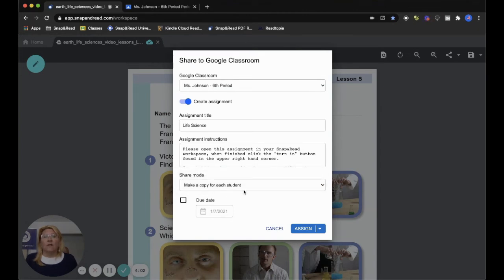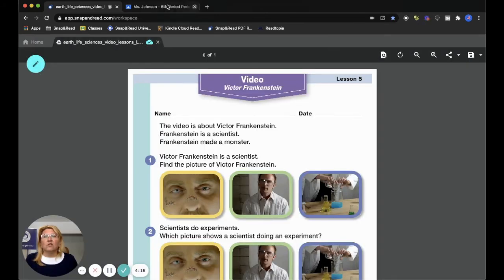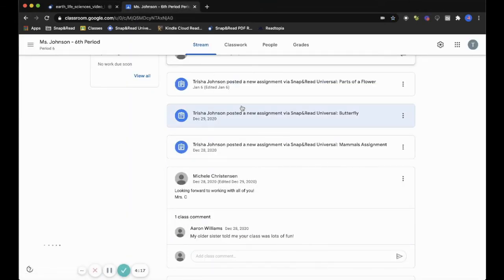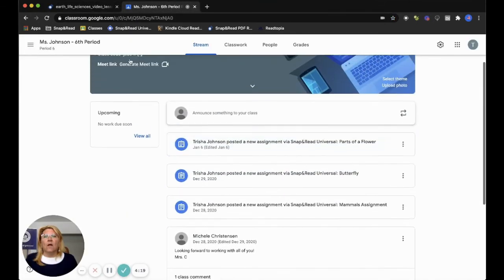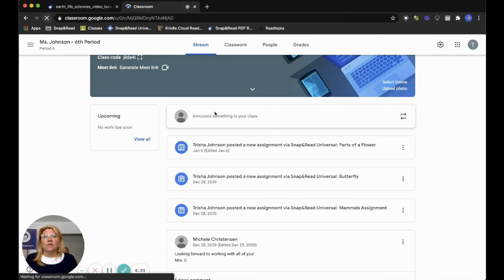Again, our default, I'm not going to give a due date, but I could do that as well. All I need to do now is click the Assign button. And what Snap and Read's workspace is doing is it's connecting right back to my class. So now if I go back here, I hit refresh, you're going to notice that not only in my stream,